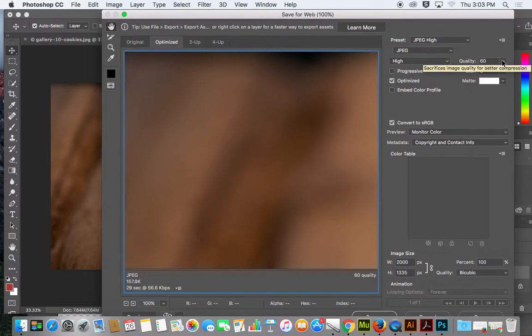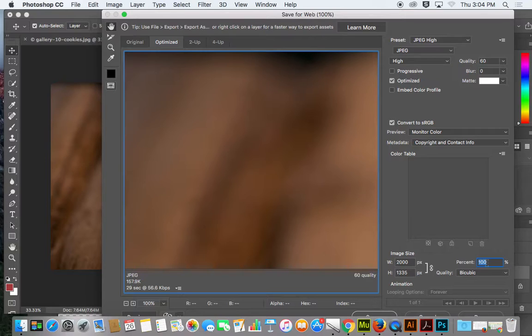So we want to change the quality. Right now it's at 60% because we set the image to 5. So this is probably okay. You want your quality just to be at 60% of your full size. So this is around 5 pixels per inch. And then we want to change the size. Instead of the width being 2000 by 1335, this is just a huge image that's going to take a long time to load. We want to shrink this down. So instead of 100%, we want to end up with